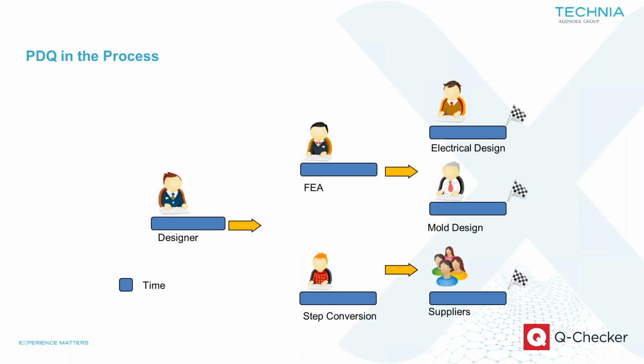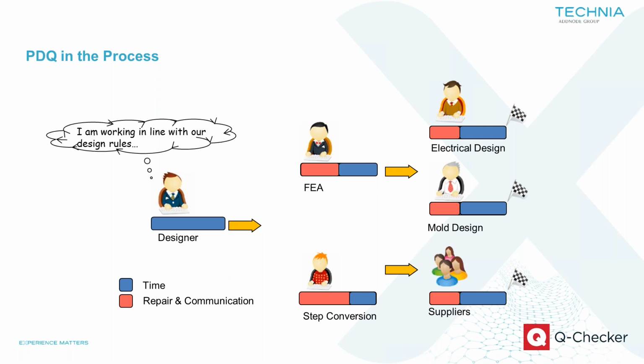This is a very good slide and it helps you understand what product data quality is in the process. If you're seeing here in the blue color, the designer time depends on the time taken by the designer to develop the model. If the designer knows from the start whether he is working in line with our design rules or not, it helps the other departments not to invest time on the same model to rebuild it according to their requirements. Like if the designer is working with the requirement of FEA or STEP conversion, with the electrical design or mold design team, because he has to run the profile and check the product data quality,